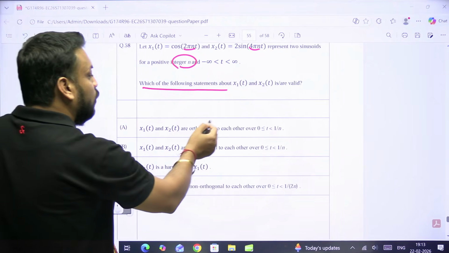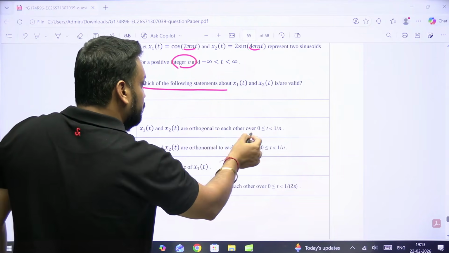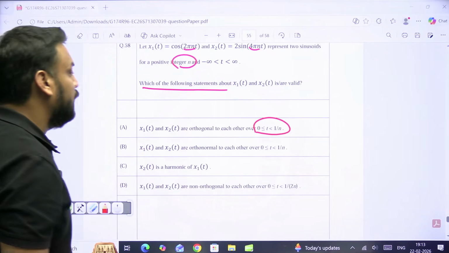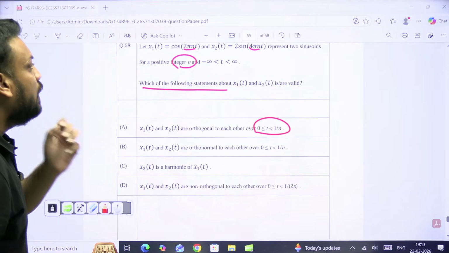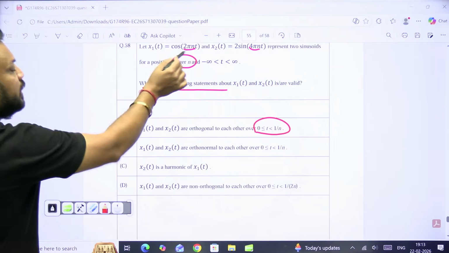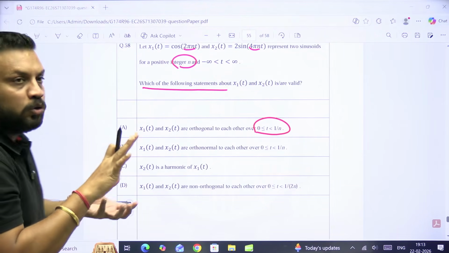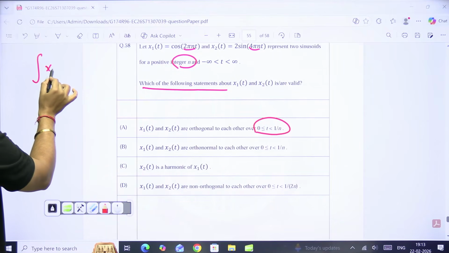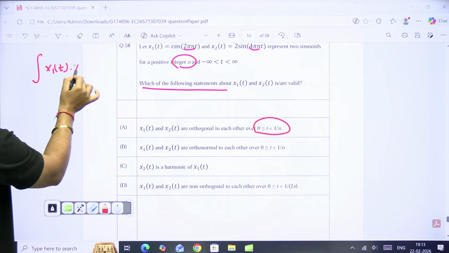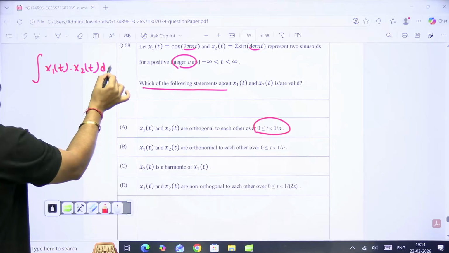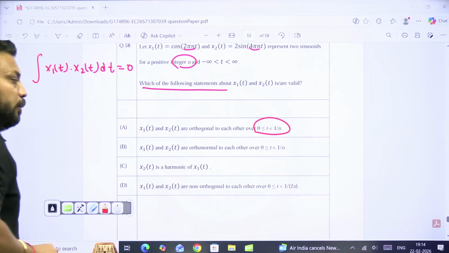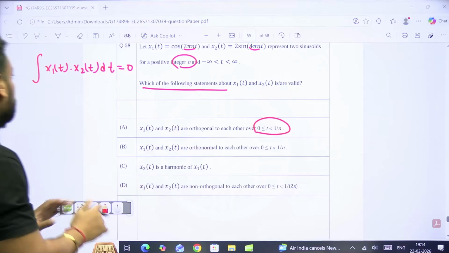OK, so x1(t) and x2(t) are orthogonal to each other for this interval 0 से लेके 1/n limit लगा रखी है। OK सर, n जो है integer है। पहली बात आप ये observe करो कि x1(t) और x2(t) जब orthogonal होते हैं तो orthogonal का property होता है बेटा ये integration of signal x1(t) dot x2(t) अगर equal to 0 है then only it is saying that orthogonal। तो because ये MCQ question है तो हमको सारे option check करने पड़ेंगे।